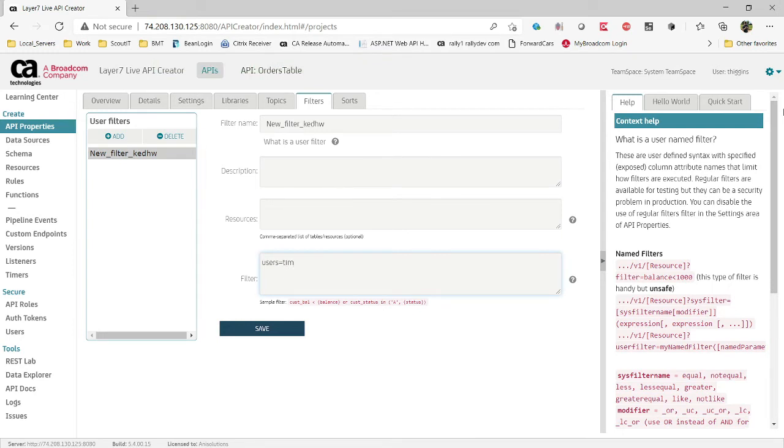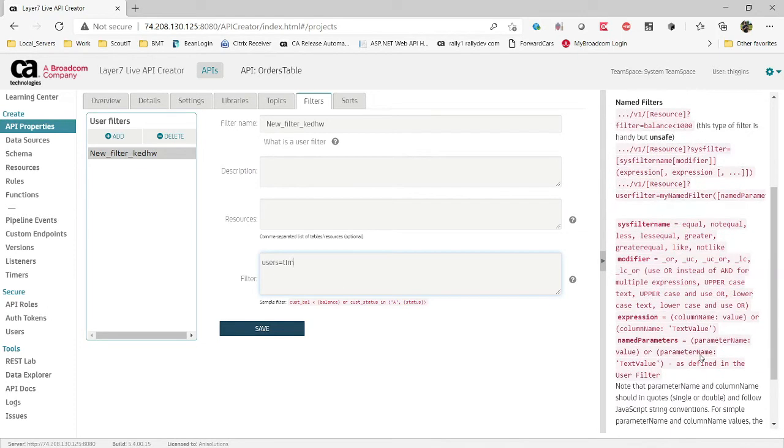One thing that was important for me to realize, and of course they've got some good examples over here, is that when I think of filters and sorts and things like that, I shouldn't be thinking of APIs. I should be thinking of the database. So if I had a table in here